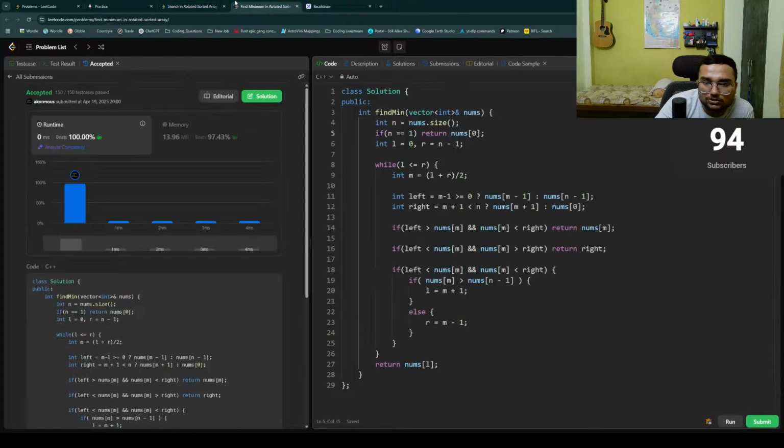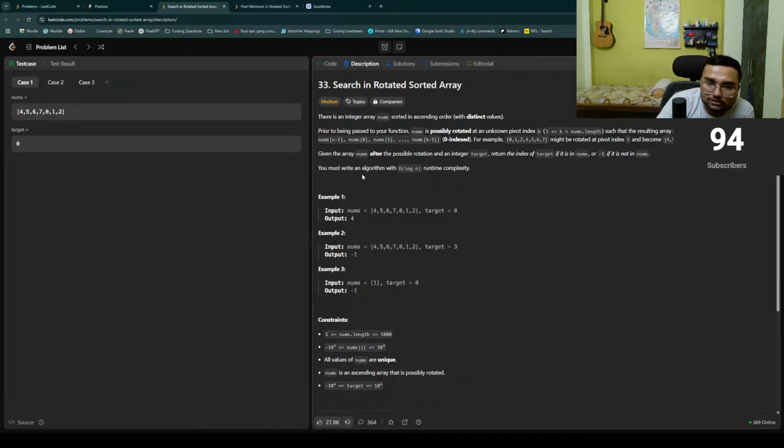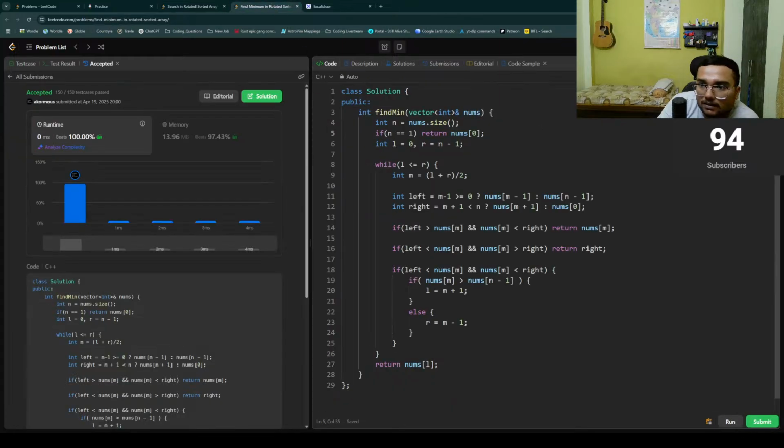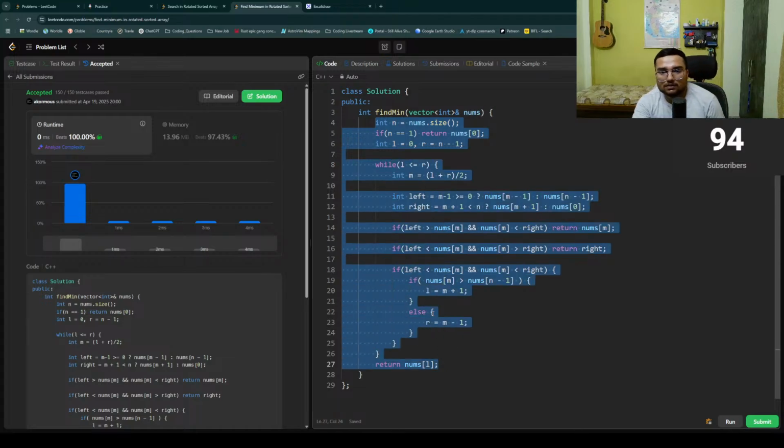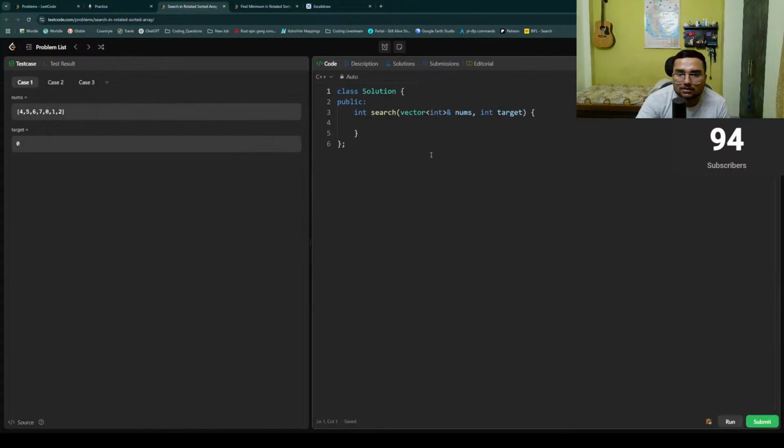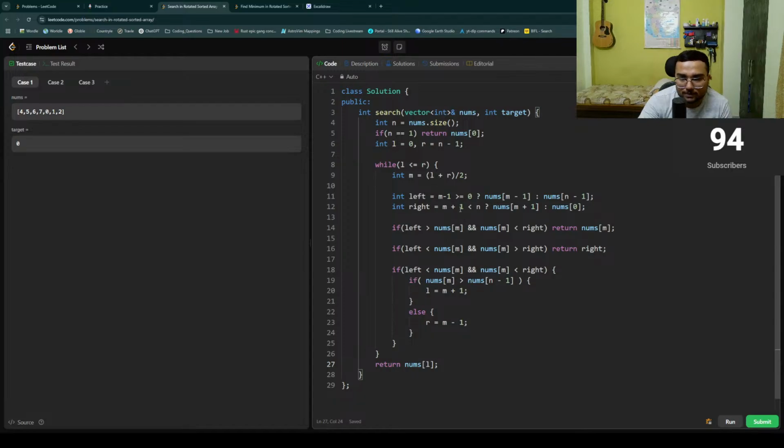If it is in here, then we return. Okay, let's write this function. Copy code, paste, left, right. Okay, now instead of doing all of this garbage, if it is minimum,